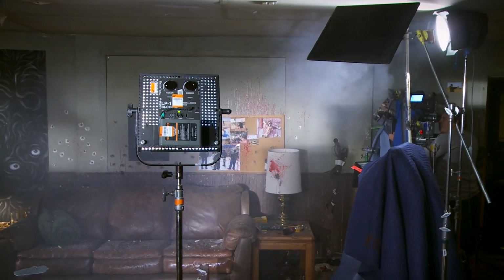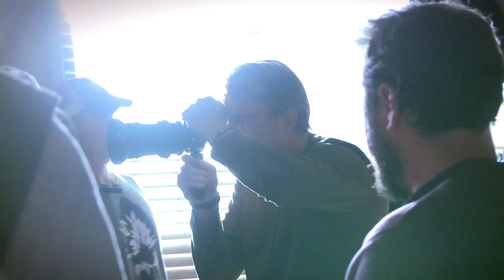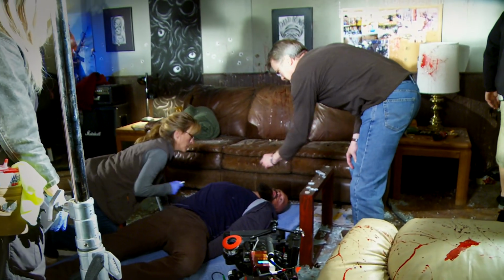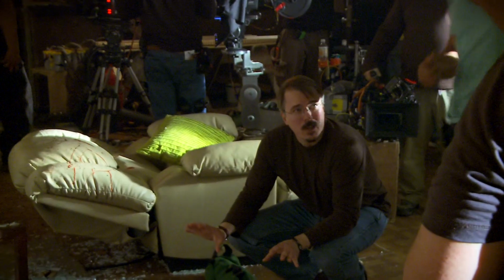We're getting great stuff. We're doing all this squib work. It's just that in my homework for the day, in my shot list for the day, I had 35 setups, which is a hell of a lot of setups for a day that does not involve special effects. But because we're blowing stuff up right and left, we're getting everything I wanted to get. It's just, will we make it in the number of hours allotted? I tend to think probably not, but...